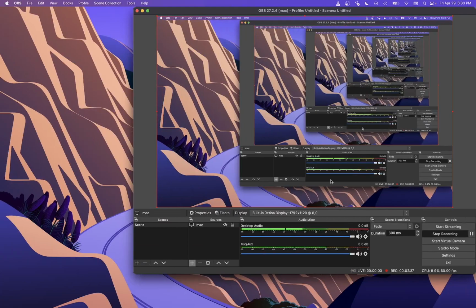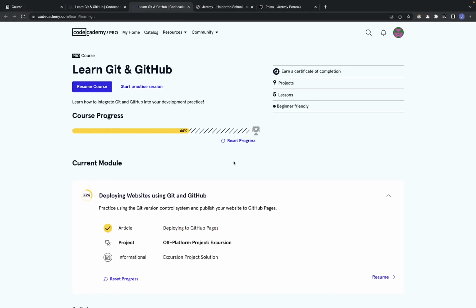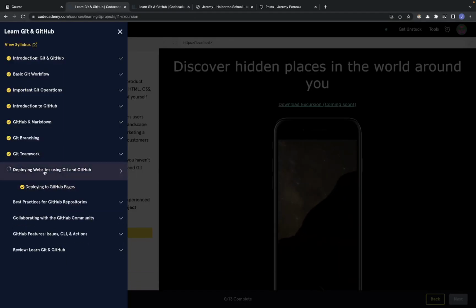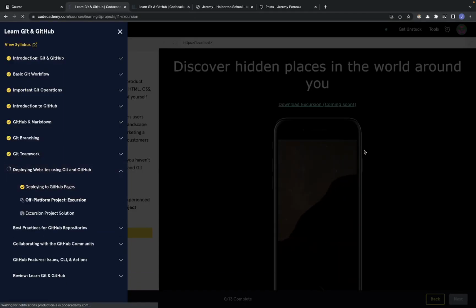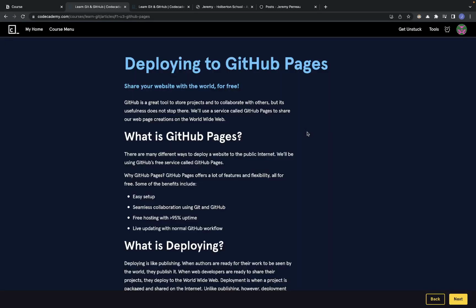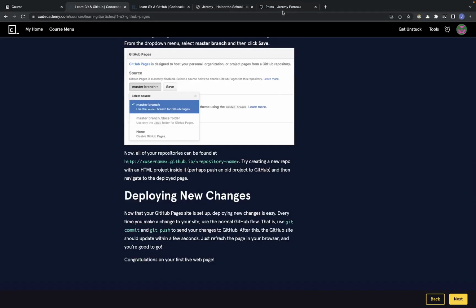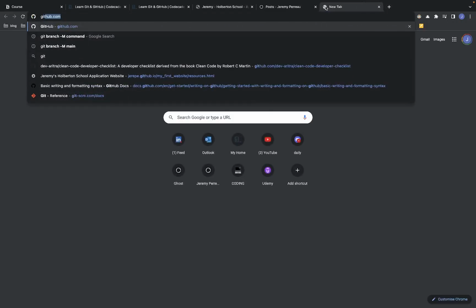I mean, amazing tool. So yeah, the reason why I made this video, actually, I didn't think about making a video about this. It just came to my mind a few minutes ago. So I was going through this course, and I'm at this part where they explain that you can use GitHub Pages to upload your website. So I created my repository, and